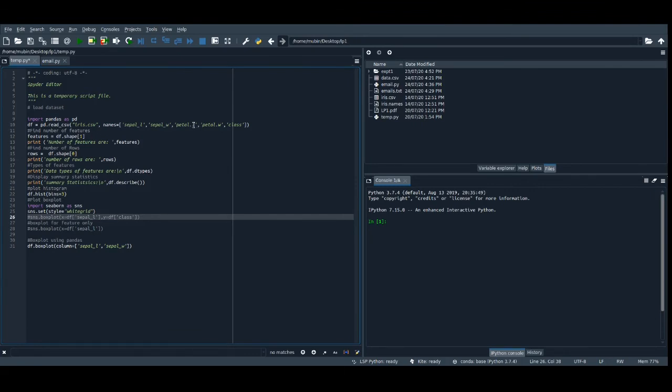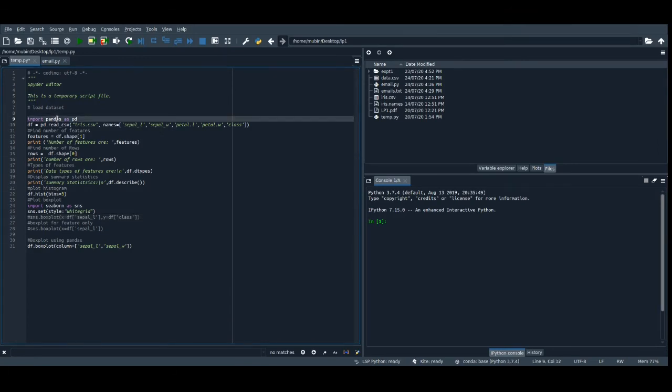The next statement reads the CSV file into our data frame: pd.read_csv, the name of that CSV file, and then the names of the features: sepal length, sepal width, petal length, petal width, and the last is class. So while reading, the header for all the attributes is taken from this list.